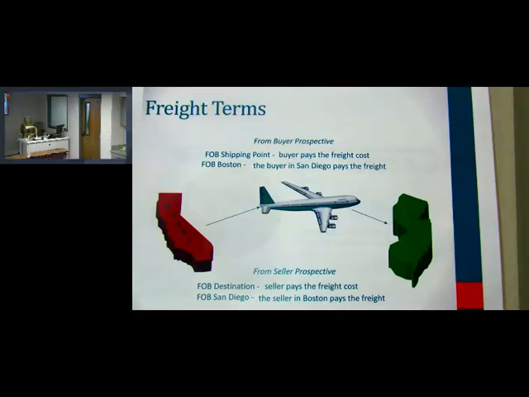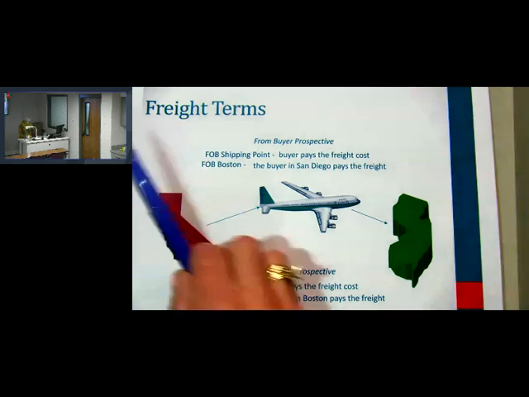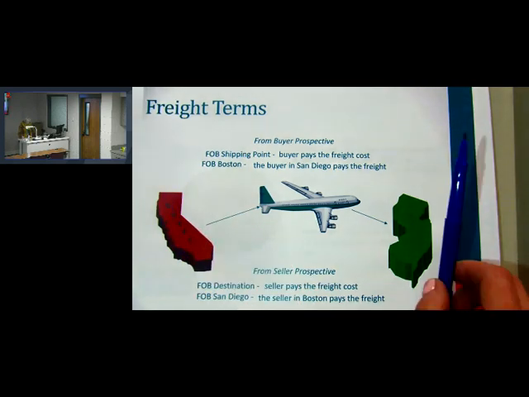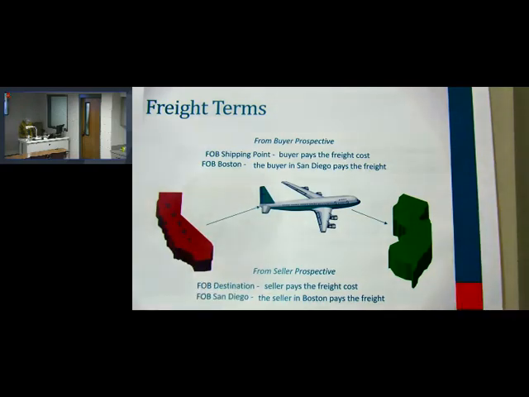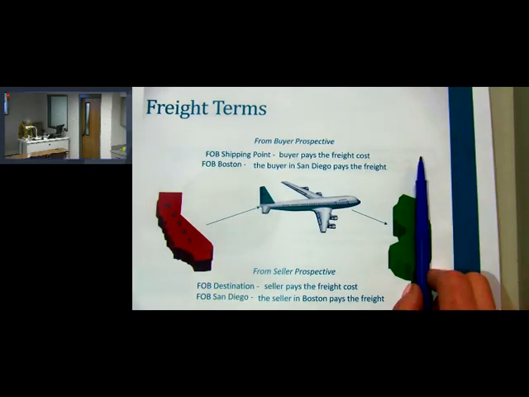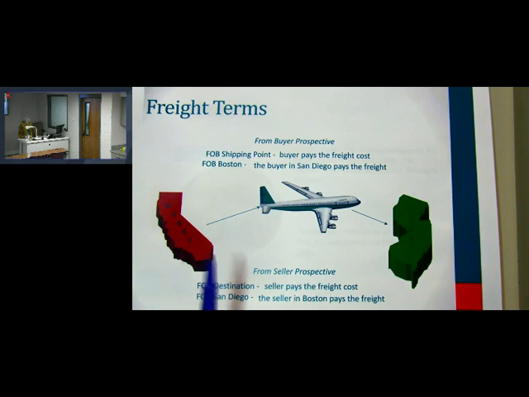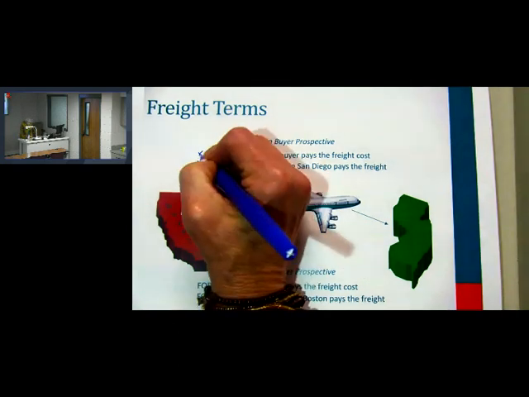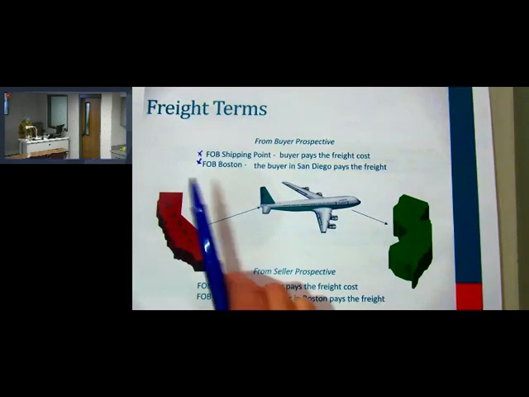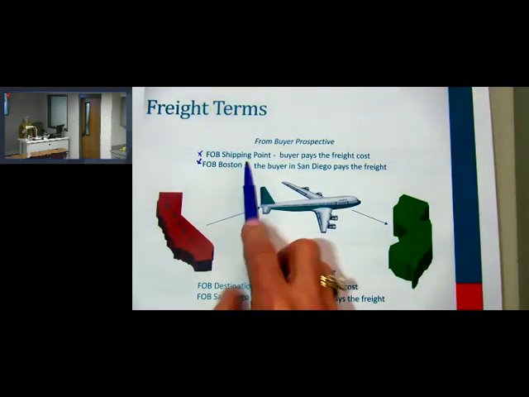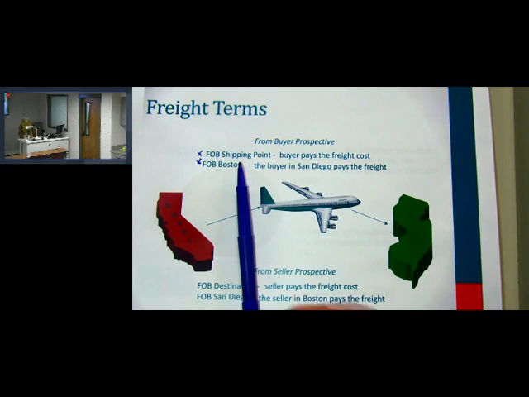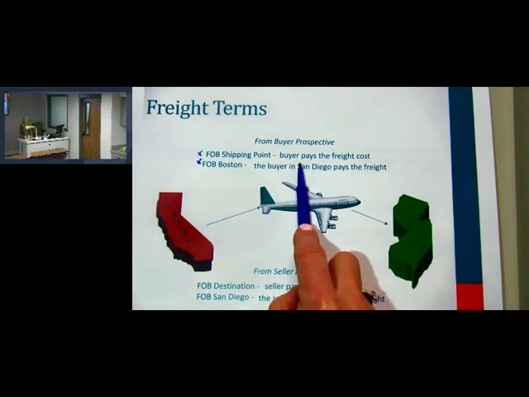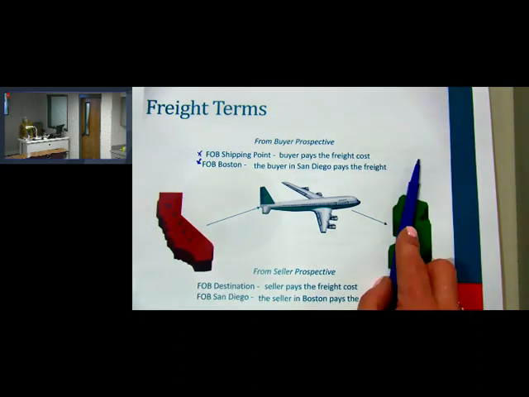But there are two types of freight charges that you might see on an invoice. So let me talk about that. We've got California over here, and we've got a seller over here in Massachusetts, all right? So we've got two terms of trade. This one here and this one here. Make sure you know the difference between these. FOB shipping point, if that's on the invoices, it means that the buyer is paying it from where it's being shipped from to where it's going.